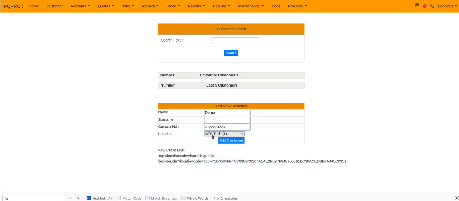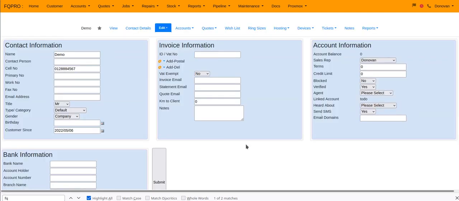Depending on your settings, your customers are either shared, or they are defaulted to only show up for your location. So always select your default one. Majority of the time the customers will be shared. That is explained in a different video. Add customer. On creating the customer, it will then take you to the initial edit screen over here, where you